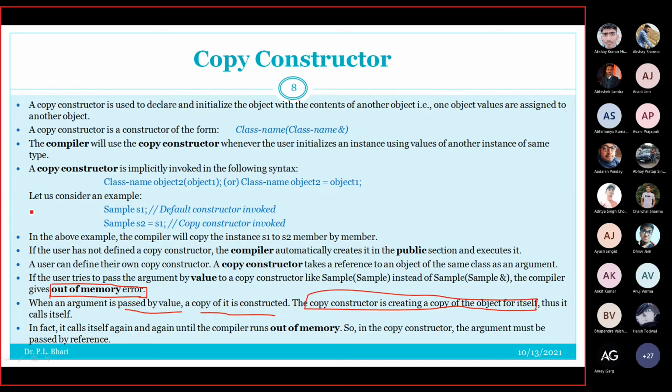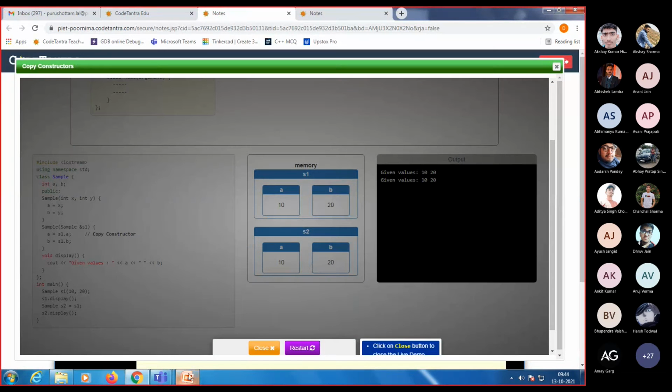In fact, it calls itself again and again until the compiler runs out of the memory. यानी यहाँ पे कॉपी कंस्ट्रक्टर जो है वो अपने आप को बार बार कॉल कर सकता है जब तक कि आपकी मेमोरी आउट ऑफ मेमोरी नहीं हो जाए. आउट ऑफ मेमोरी का मतलब यहाँ पे देखो, आउट ऑफ मेमोरी से क्या है कि आपकी जो S2 ने मेमोरी स्पेस ऑक्यूपाई किया था ना, वो जब तक फिनिश ना हो जाए. और वो फिनिश कैसे होगा? जैसे मान लो यहाँ पे S2 ने मेमोरी स्पेस ले रखा है, ए और बी के लिए स्पेस ले रखा है, पर बाकी जगह पे स्पेस खाली पड़ा है ना. बट अगर आप यहाँ पे जितना भी स्पेस खाली है सब जगह ए और बी, ए और बी, ए और बी भर दो,